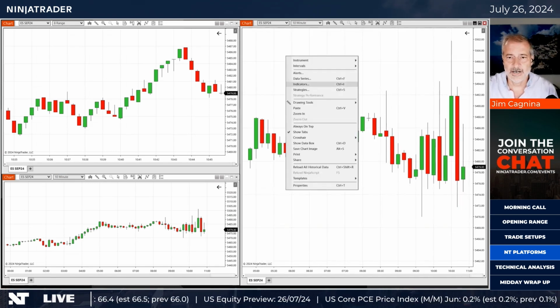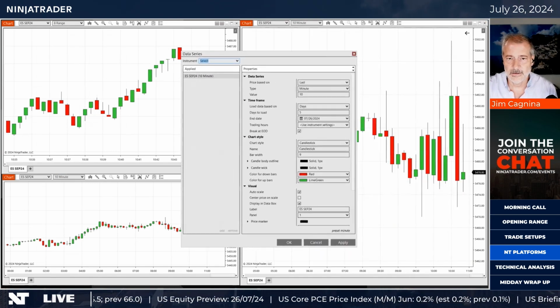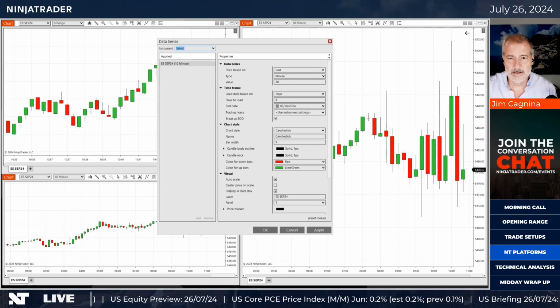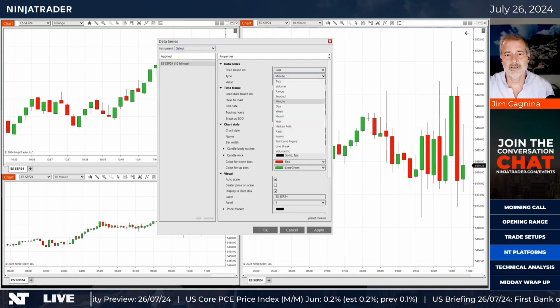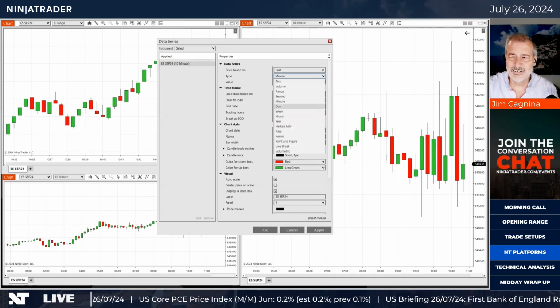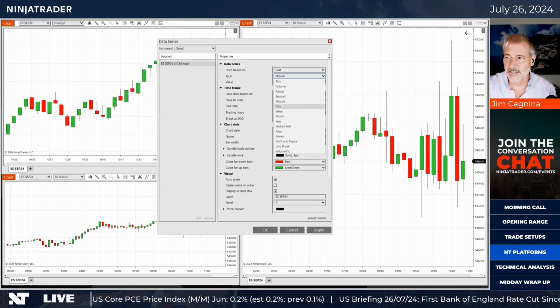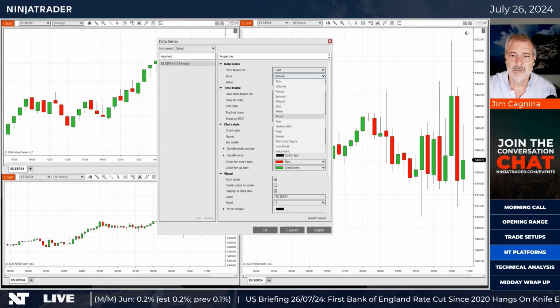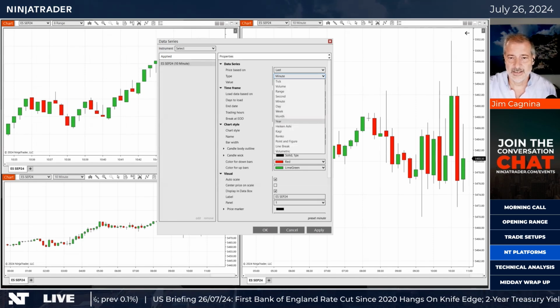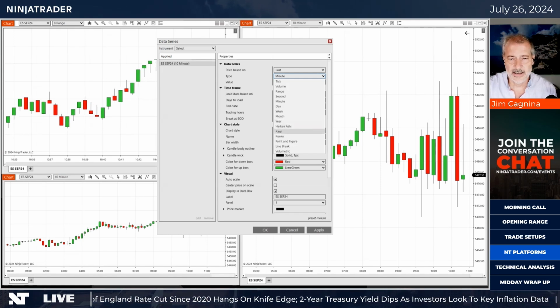So let's go to the next one again. Right click, data series, right? And then let's see, type, drop down menu. So daily is kind of self-explanatory. It's just a candle tracking what we call intraday data, right? The candles are based on one day. Same with the weekly, same with the monthly, and then yearly. That's like if you've got a long-term approach there. We'll do Heikin-Ashi and Kagi, but I want to go to Renko because this is the next one